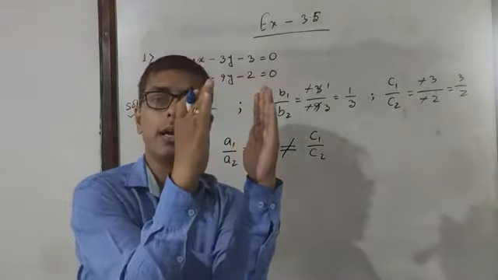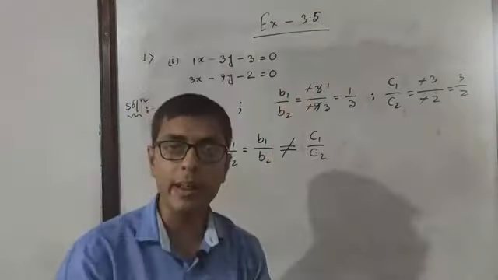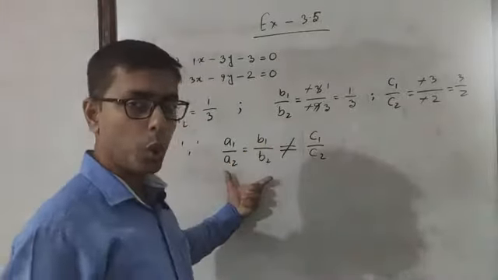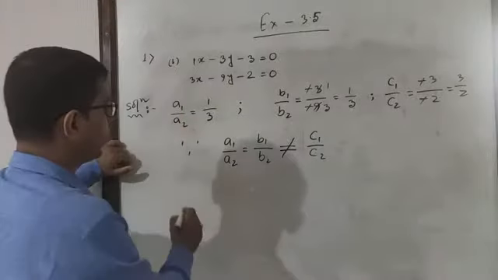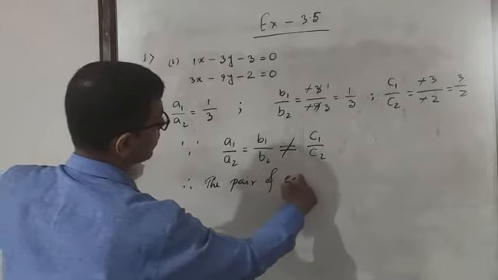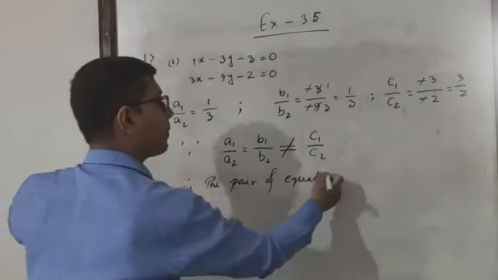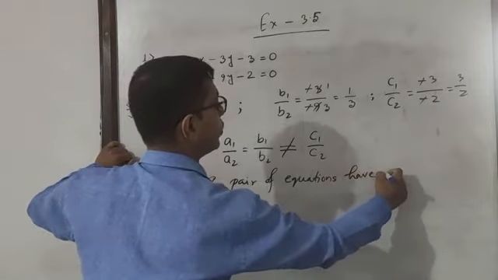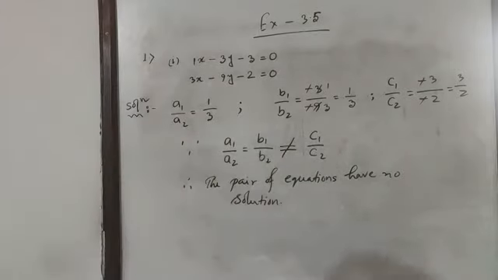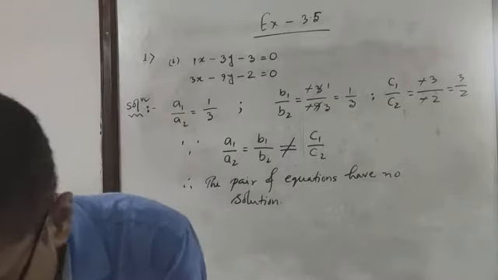Otherwise, if they are parallel to one another, even if you extend them indefinitely, they are never ever going to intersect each other. Okay, and if it is so, then they will have no solution. So therefore we will write, therefore the pair of equations have no solution. But only this, up to here you have to write, and you need not to solve this equation. Is that okay? Then second question onwards we are going to solve.